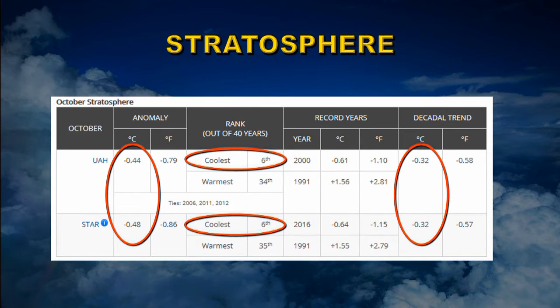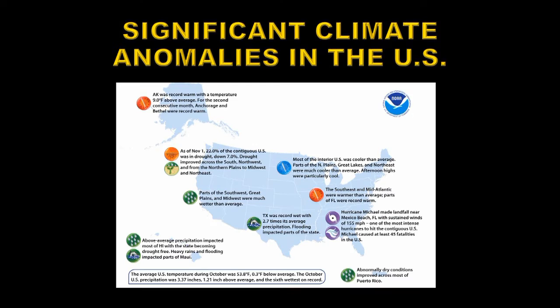That is a unique signature of the effect of greenhouse gases. So let's take a quick look at the continental United States. Alaska recorded its warmest temperatures for October ever, with 9 degrees Fahrenheit above average. We had cool areas in the mid part of the country and warm in the southeast. Texas got record rainfall,